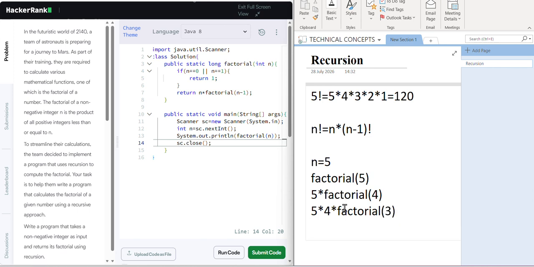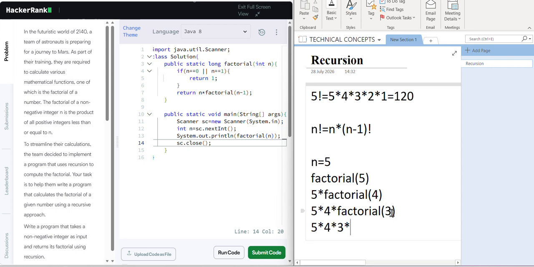Okay, this time we need to call it again. See, again it will come here and take the input. What's the n value now? 3. 5 into 4 into factorial of 3. It won't execute the base case, it executes the else part. 3 into factorial of n minus 1.